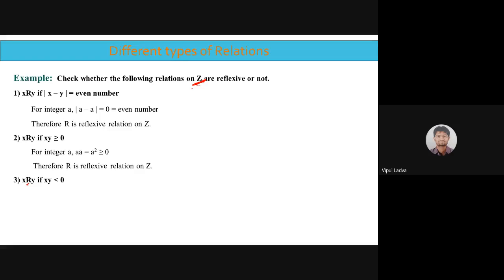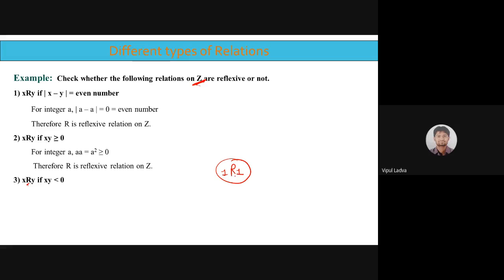Smriti, can you unmute yourself? Yes, sir. As you say that this relation is not going to act as a reflexive relation, why? May I know the reason? Can you give me one counter example? Yes, please. क्योंकि if we take 1 into 1, then it will be greater than 0, and ये again नहीं मिल रहा.